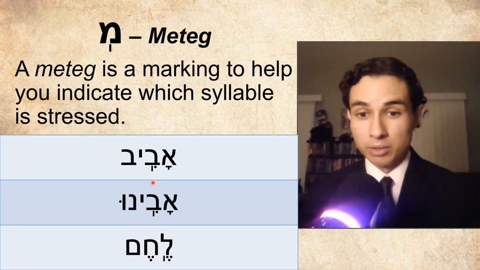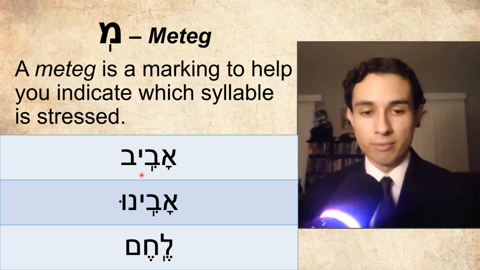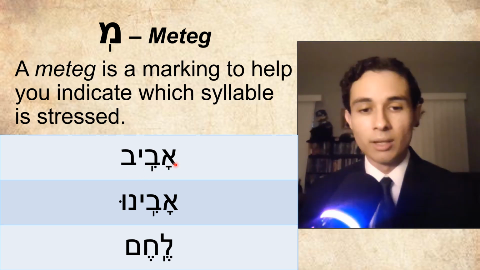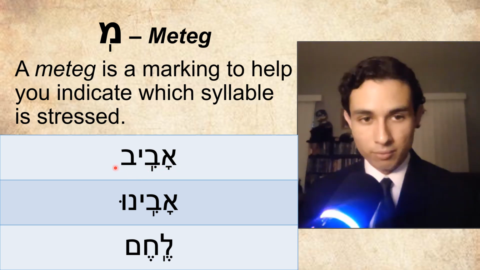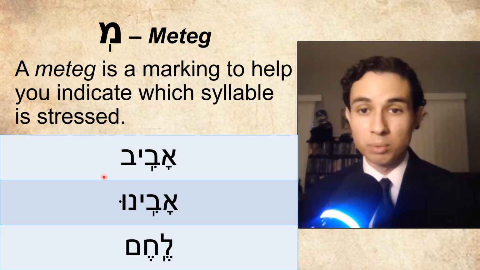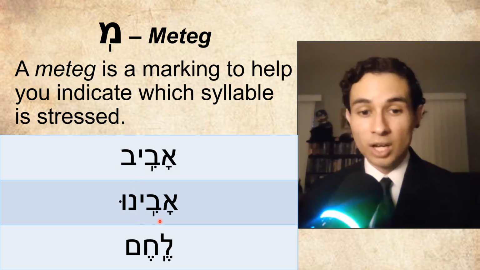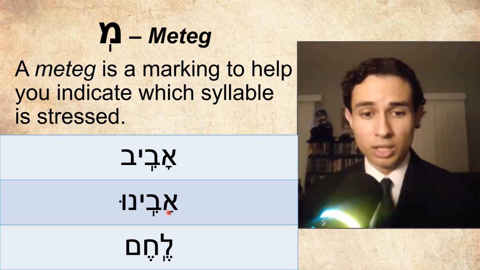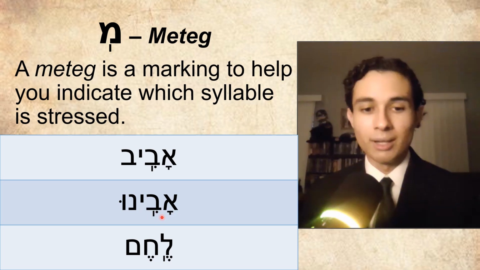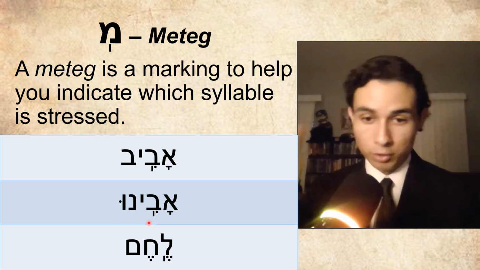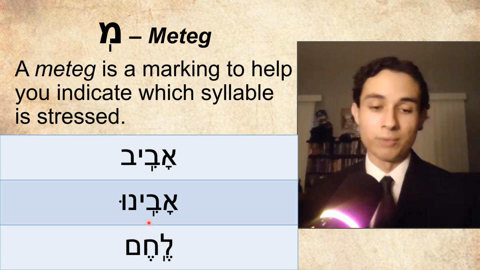So contrary to, let's say, some people might say it's aviv, aviv. No. Aviv, aviv. This refers to the month or springtime. That meteg tells us the emphasis is on this vowel, aviv. Okay. Look at that second example. What it's not, it's not avinu, avinu, no, or it's not avinu, avinu. No, it's avinu, avinu. You see that meteg, that vertical line helps us know where the emphasis is.